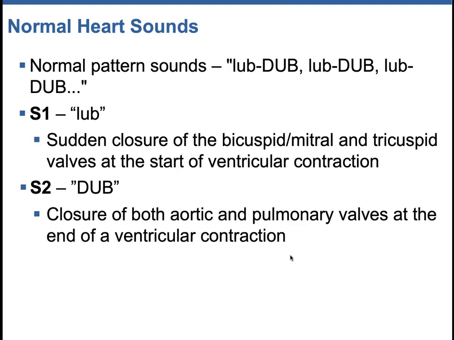This is at the start of when the ventricles have depolarized and now they're going to contract. The S2 sound, the dub, is the closing of the aortic and the pulmonary valves at the end of the ventricular contraction. So if you happen to hear a little whoosh, you hear S1 closes, but then a whoosh during S2, that would be